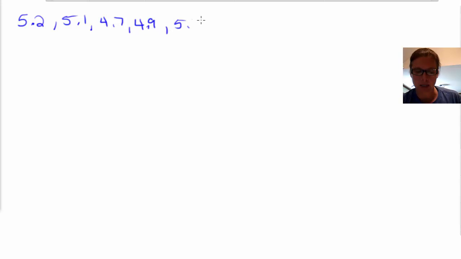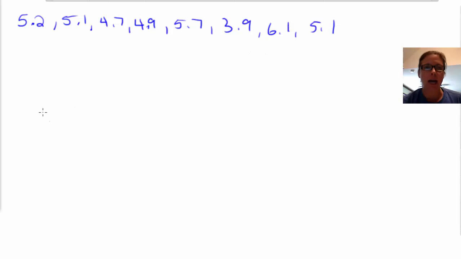Okay. So let's just do one example. We're going to find everything: mean, median, mode, range, and we're going to do a stem and leaf plot too. So here's our data: 5.2, 5.1, 4.7, 4.9, 5.7, 3.9, 6.1, and 5.1. That's our data. Okay, to find the mean,